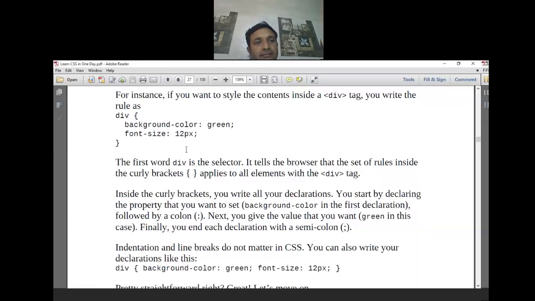So guys, we have created a particular selector, so you can write this particular code, keep a note of it. This is the rule we have created for div, which is the selector. If you want to use a button, you can make it a button.